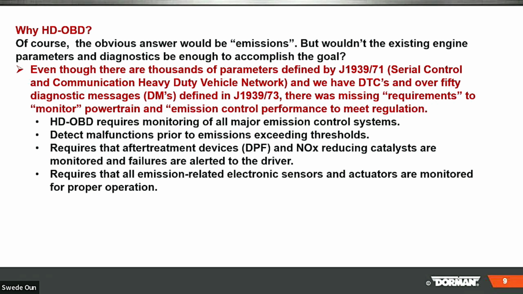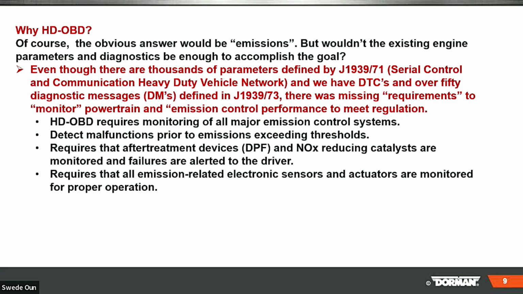Now, why heavy duty OBD2? Of course, the obvious answer would be emissions. But you would think that the existing engine parameter diagnostics would be enough to accomplish the goal. Even though, and those of you that get into your scan tools know, you have thousands of parameters and they're defined by J